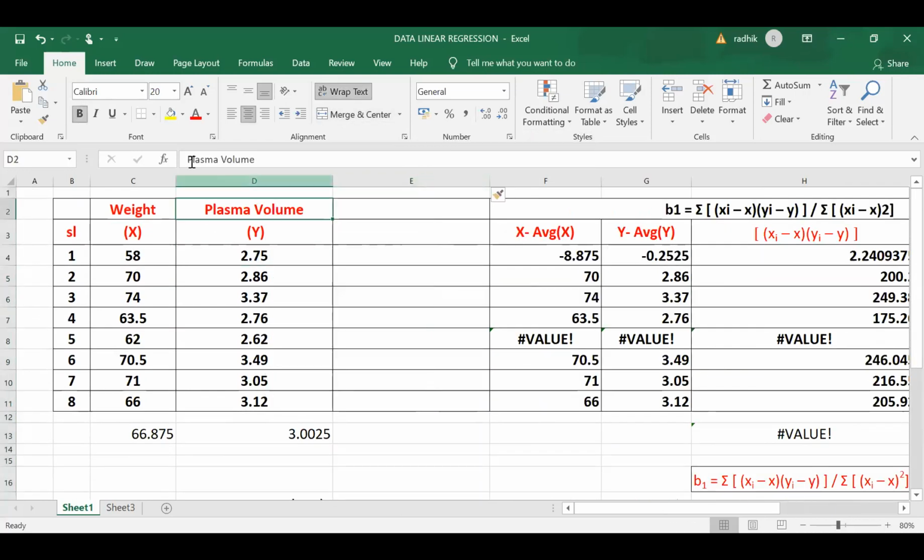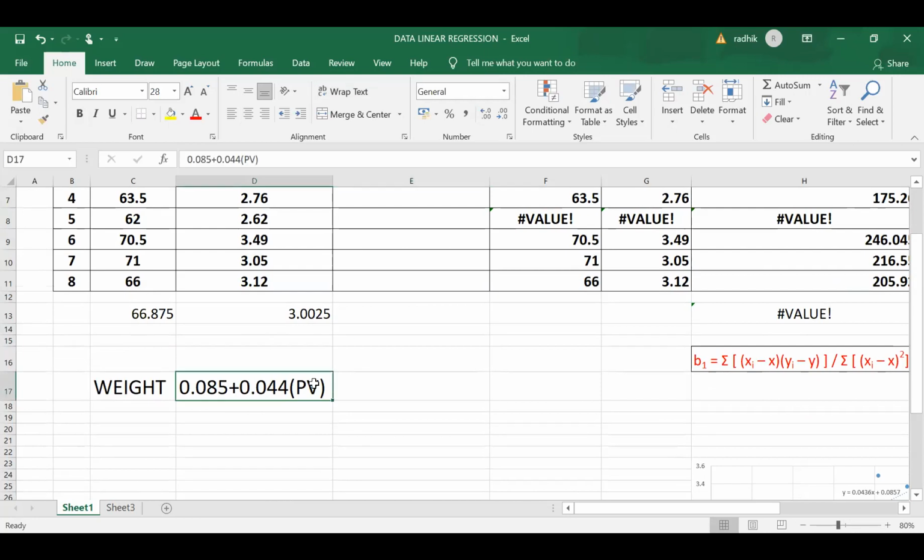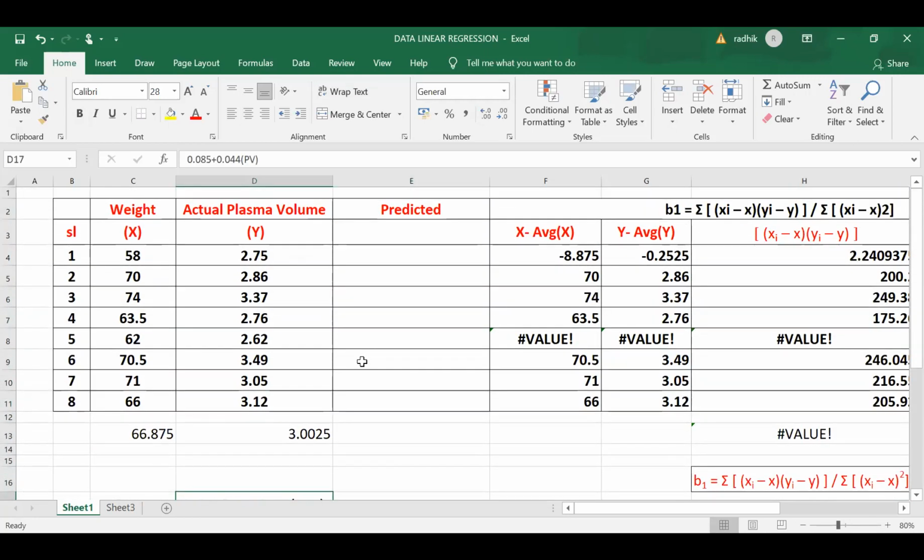So this is the actual value that we have in the data. And we have to see the predicted values, what we have got. Prediction is one of the purposes of regression. It's not just fitting the straight line or looking at what beta is. So for any value of x, we should be able to predict y.